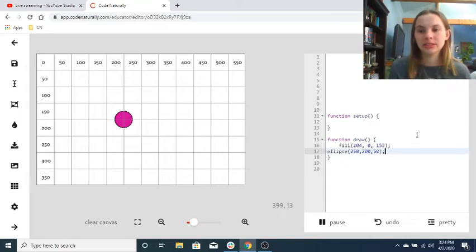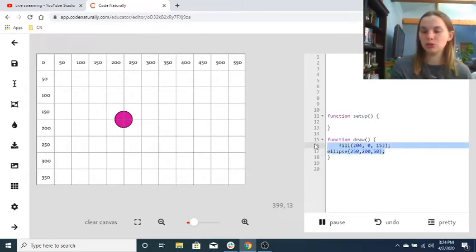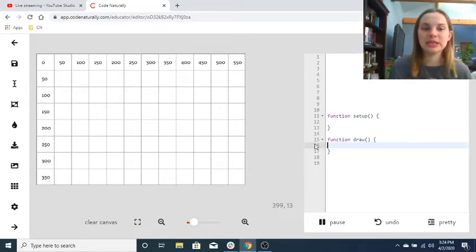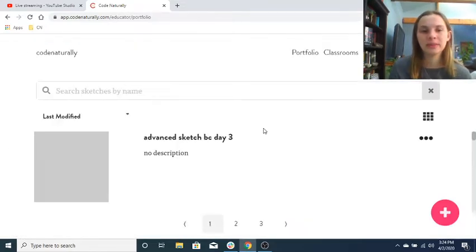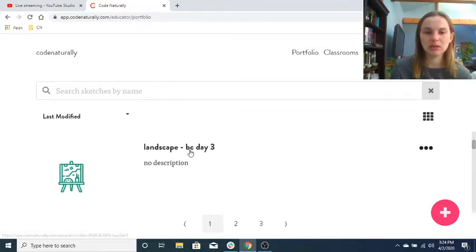So this is just your introduction into using advanced mode. I just wanted to get this on your radar so you know about it, so that you're a little bit familiar with it. You can try using it for your advanced or for your landscape sketch today. That would be awesome. You can try maybe just starting over, because you'll notice that if you copy and paste in here, so let's go, if I went to my sketch that I was working on earlier,